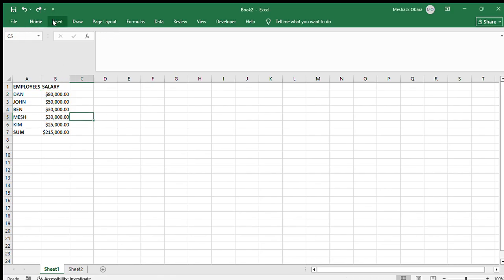You are able to use AutoSum directly. Yeah, and it will just add automatically by just a click. And for example, you can say, then you select,